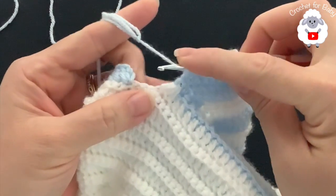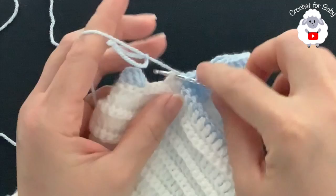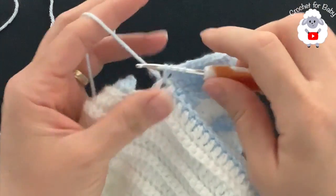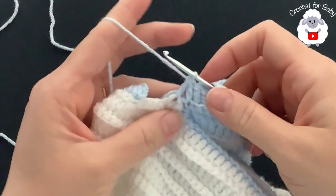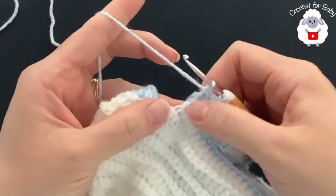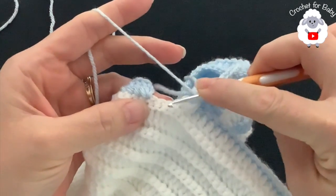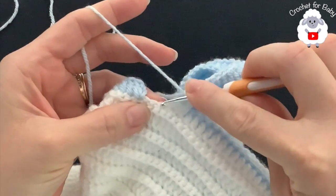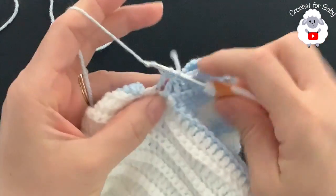Now yarn over, and here we have this last double crochet from when we divided the sleeves. In there, insert your hook, grab a loop, take 2 loops off, 3 loops on the hook, close. So now I have 40 stitches. Remember, this stitch here counts as 1 double crochet. Now into these last 3 chain stitches here, I'm going to make a double crochet as well. So this is going to be 41,